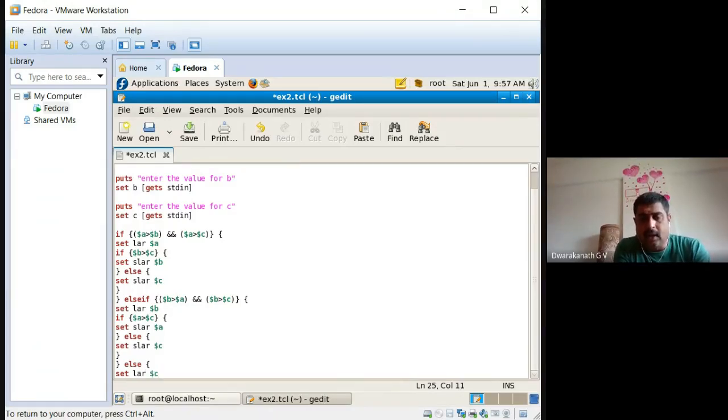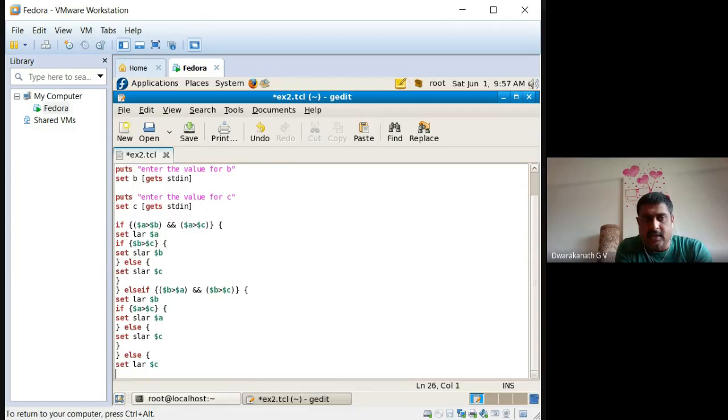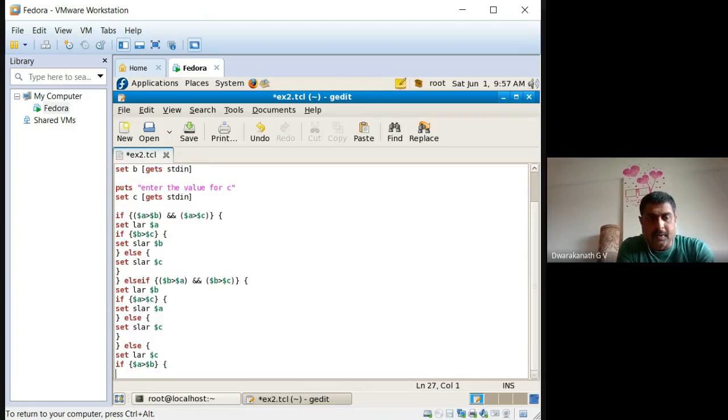But again in this else, which is the second largest? If C is the largest, now again a condition arises. Either A must be it or B must be it. So again here, if $A is greater than $B, close this, open the true part.